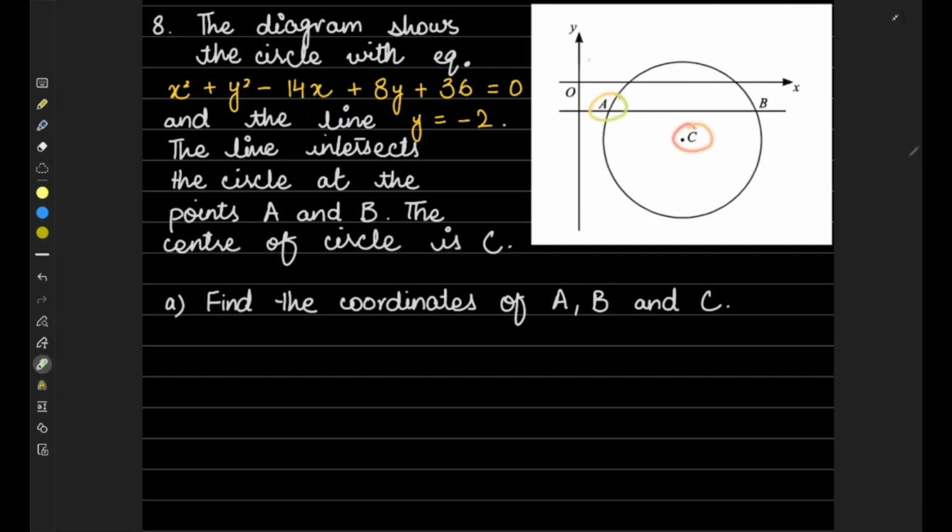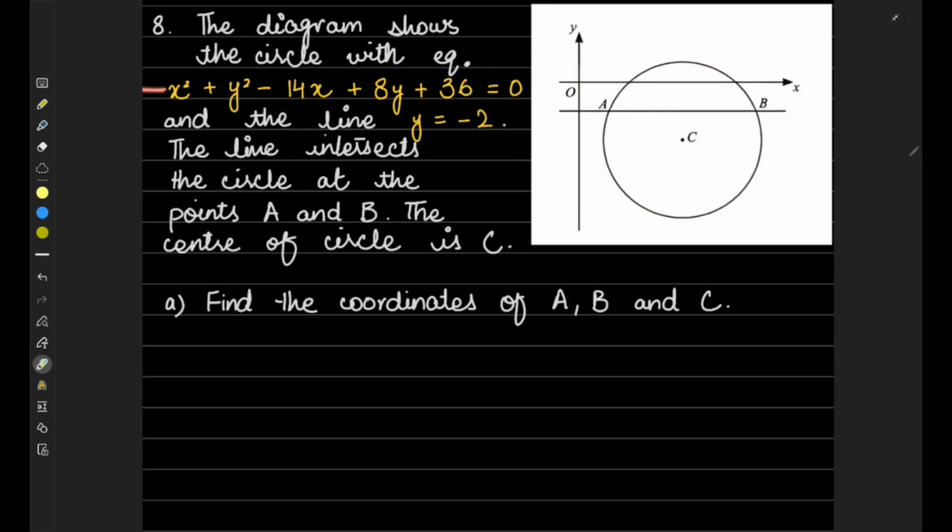Center C. So this is the equation of the circle, and the line y equals minus 2 is this, and this line intersects the circle at points A and B. The center of the circle is C. Find the coordinates of A, B, and C. So the first thing that you should be finding would be the center of the circle